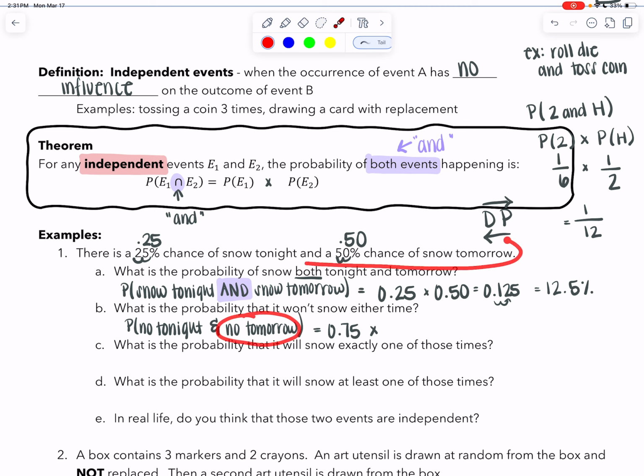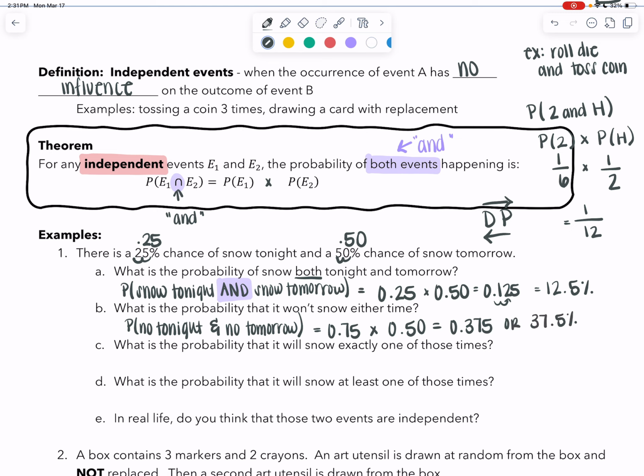Well, if the chance of snow tomorrow is 50%, then the chance of no snow would be 1 minus 0.5, or 0.5. And then when I multiply those two, I'm going to get 0.375